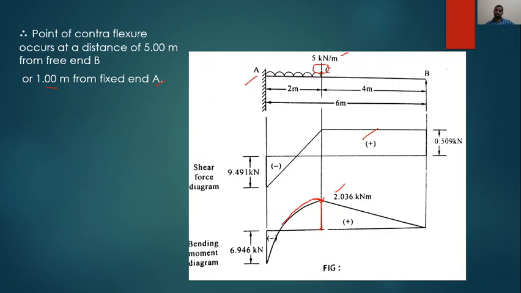a slight rise in the curved form, then a downward curve. This curve is nothing but a parabola, and exactly over here you will get the maximum bending moment, and from there it will drop continuously. If the shear force variation is linear, then we have a parabola in the bending moment diagram.